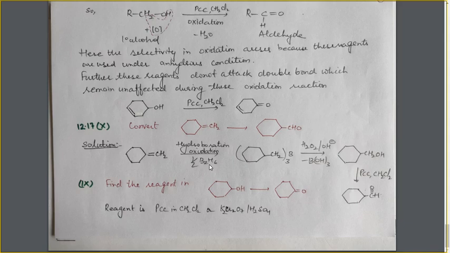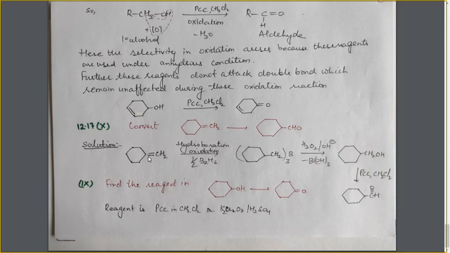Again from the previous chapter, alcohols, phenols and ethers, the hydroboration oxidation of alkenes leads to the formation of alcohols according to the anti-Markovnikov rule. So here, in hydroboration oxidation, this C-B bond will get oxidized to give us the alcohol. The addition of diborane on this double bond will take place according to the anti-Markovnikov rule.